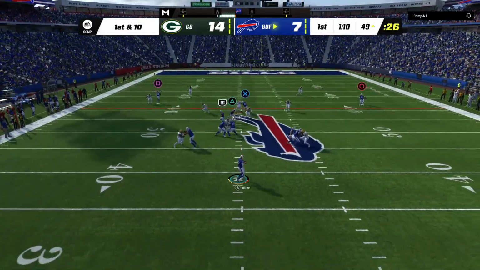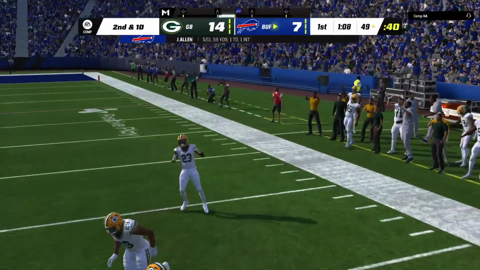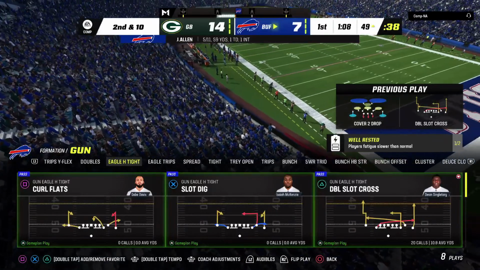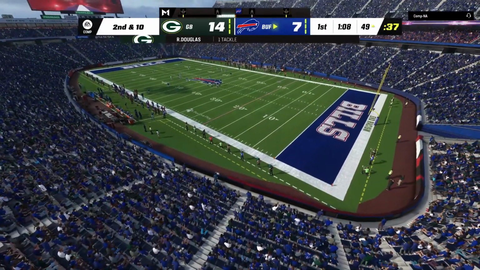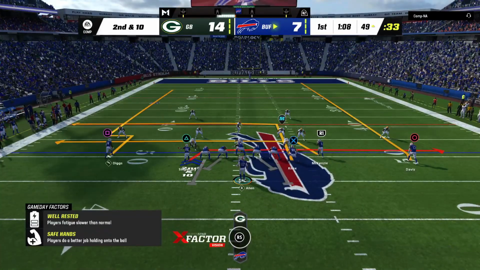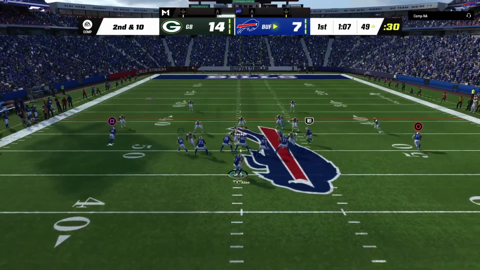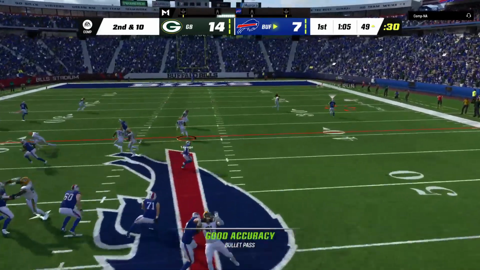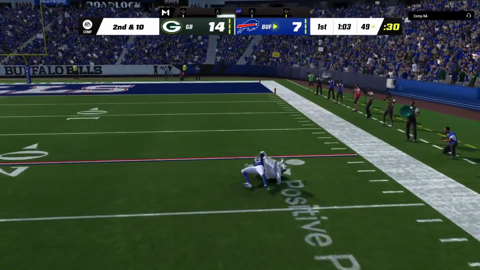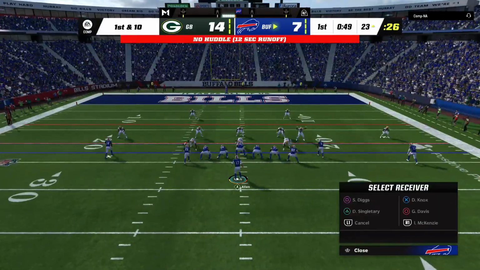Allen to throw once more. And he fires one incomplete. So another incompletion there. He's hitting on fewer than half his pass attempts in this one, and that is not a winning formula. Yeah, so let's make sure we give a little bit of credit to the defense here. They've given him a lot to think about, a lot of different looks, and he seems a little bit confused trying to complete passes. And this is going to result in another first down as the tackle's made at the Packers'